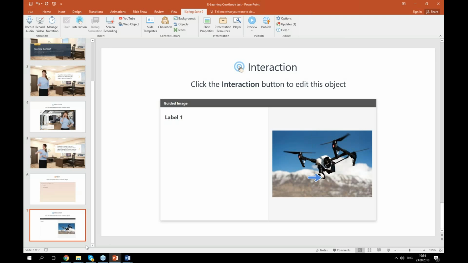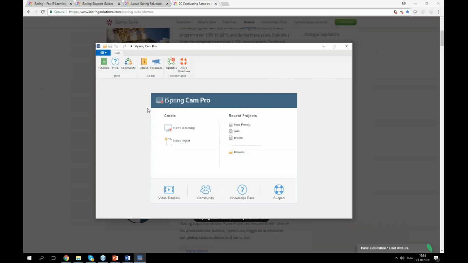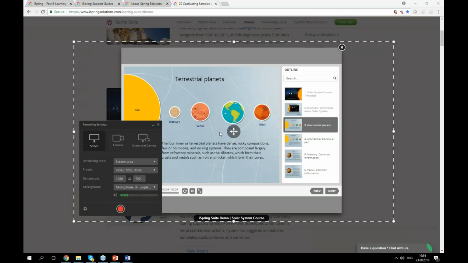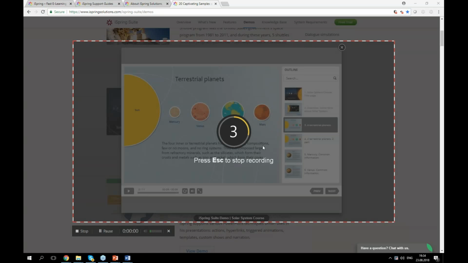So this would be the easiest way for you to create the content. And the one we also use a lot, and as far as I know, especially our tech support engineers do that, will be iSpring Cam Pro. This will allow you to create the recording. Let's make it screen and camera. And after we do that,